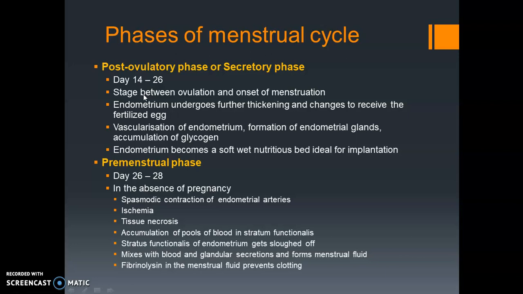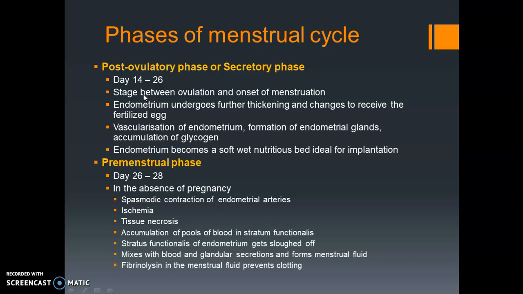During this period, the endometrium undergoes further thickening. The endometrium is the layer where the fertilized egg comes and gets attached. The ovum, if it gets fertilized, will be converted to the zygote, and the zygote will undergo development to form the embryo. The further development of the embryo will occur only if it is getting implanted, if it